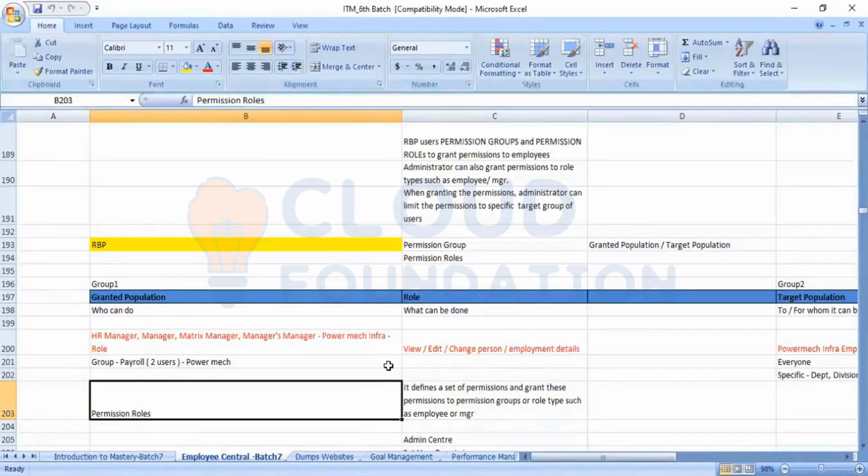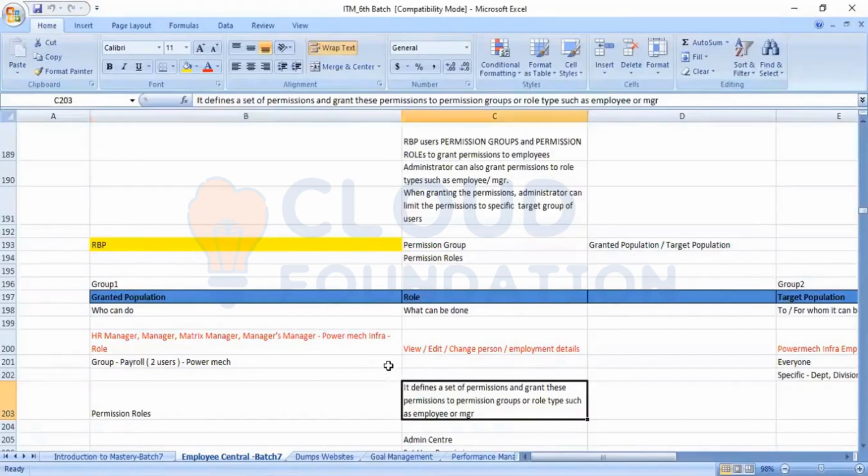These are various permission roles. Manager can be a permission role, MSS can be a permission role, ESS can be a permission role, HR admin can be a permission role, and for each permission role they will set up the configuration for what they are able to view, edit, see in the history, and modify. That is controlled from the permission.